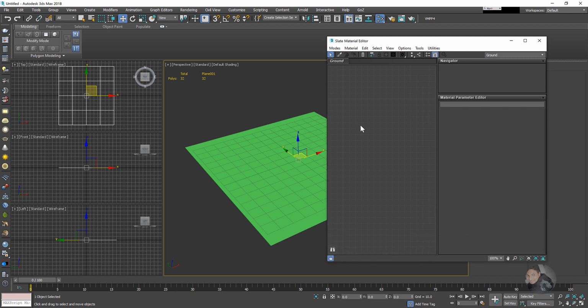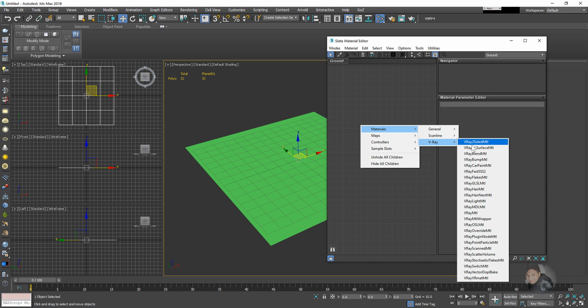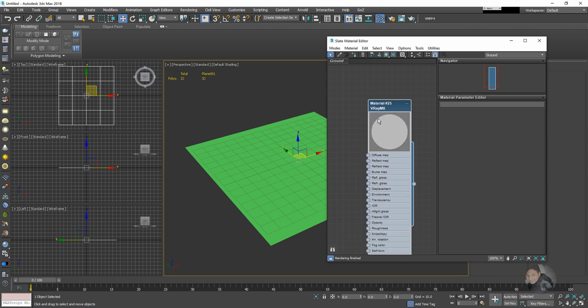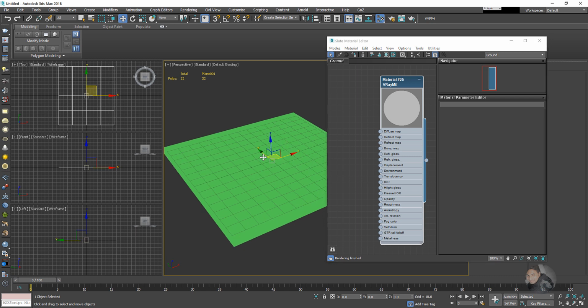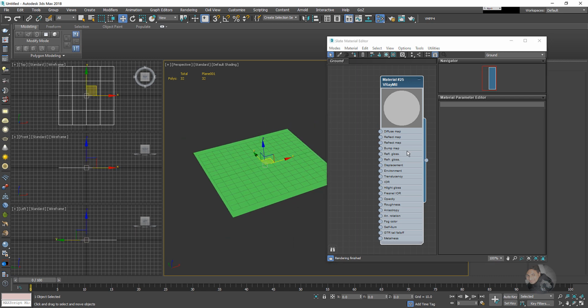And let's create a new material. I'm going to right click, choose Material, Vray, and we're going to create a Vray material. There we go. I'm going to assign this material to this object,